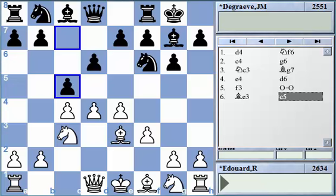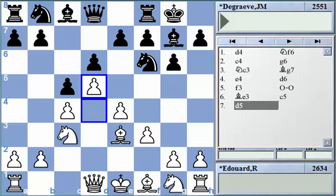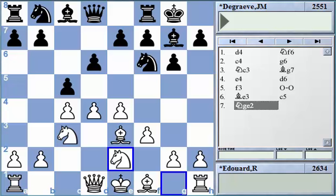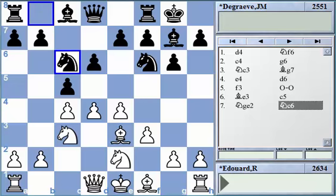Now, if white wants to get to a similar position as in the game without allowing the maneuver that Degraeve plays, white can opt for d5 immediately, and we'll get the same type of position. But here Edouard instead played knight e2. Okay, black takes, white takes back with the knight. Comfortable Maroczy position for white. So we see knight c6,